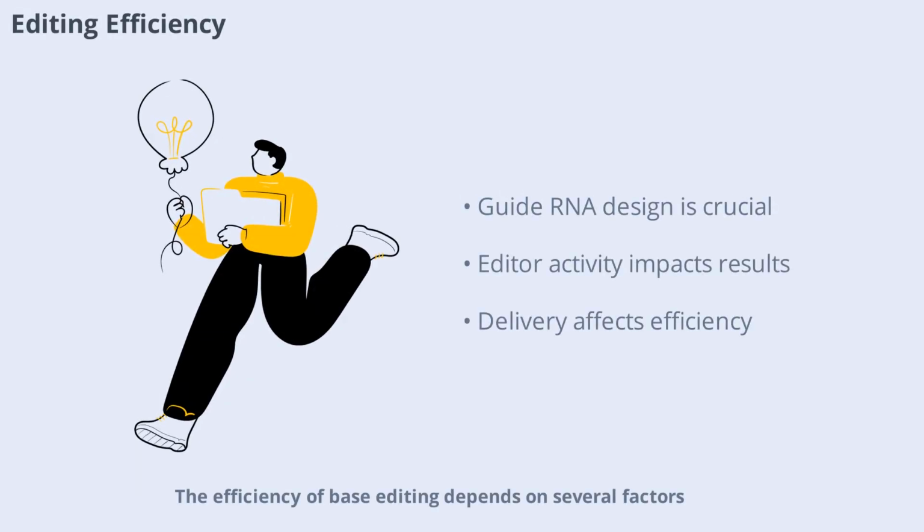Efficiency of base editing depends on several factors, including the design of the guide RNA, the activity of the base editor, and the delivery method. High editing efficiency is essential for therapeutic applications, where a large proportion of cells must be corrected to achieve a clinical benefit. Researchers measure and optimize efficiency through rigorous testing, ensuring that base editing can meet the demands of real-world